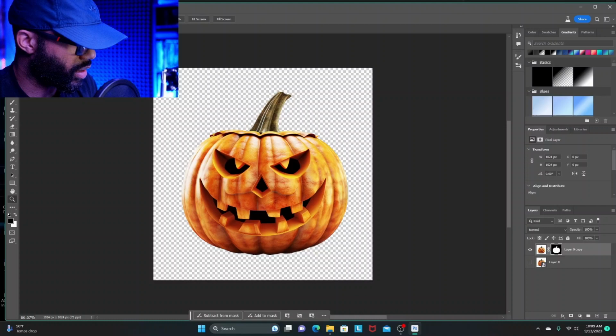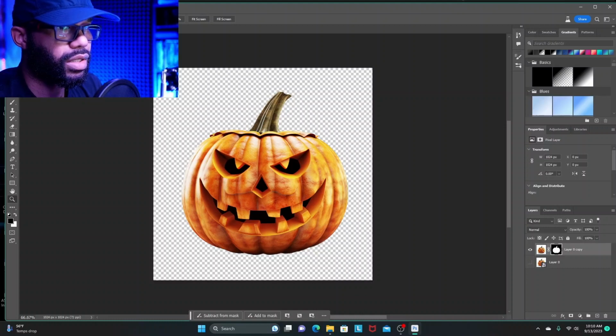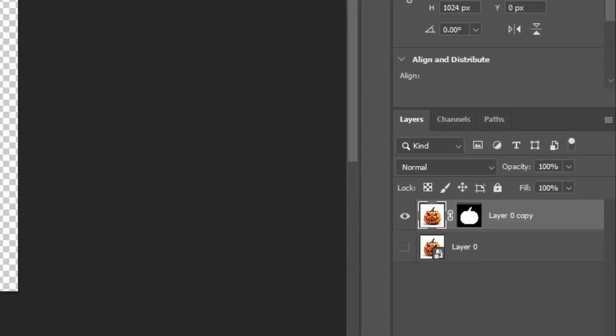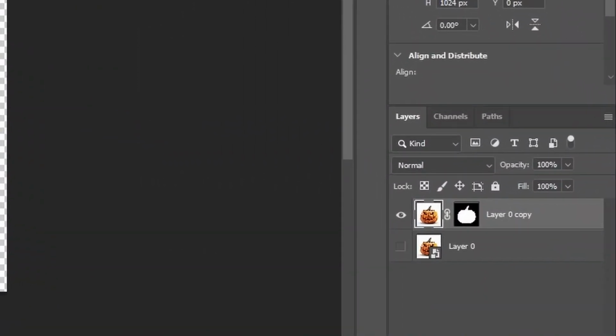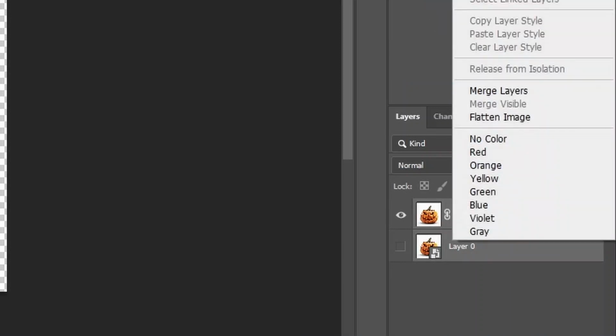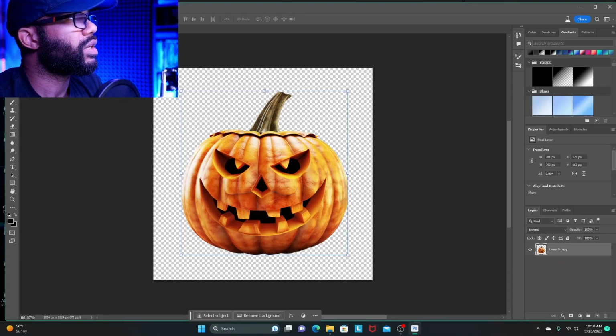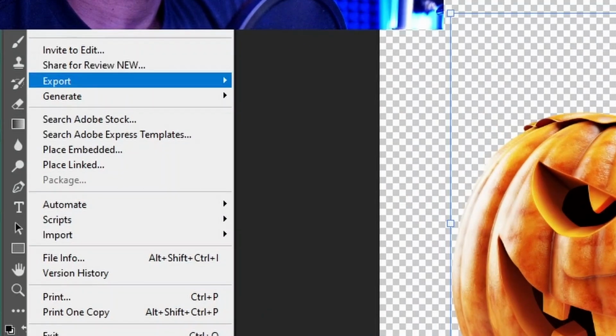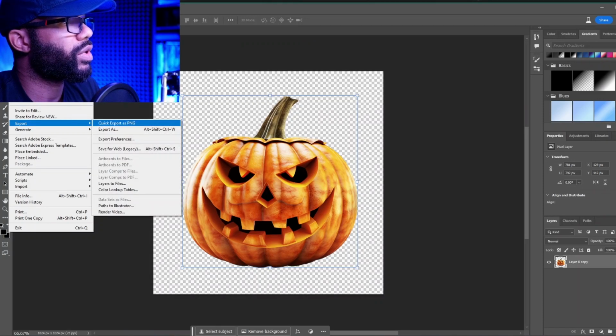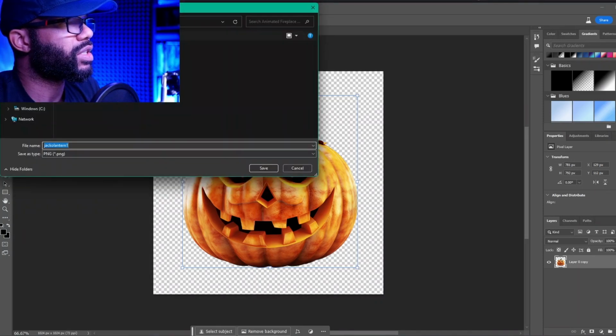And so now we have the grid background showing that the background is transparent now. And then what we want to do is select that layer copy, hold shift, and select that layer 0, right click and go to merge layers, and then we'll go up here to file and export, quick export as PNG, and we can just export this